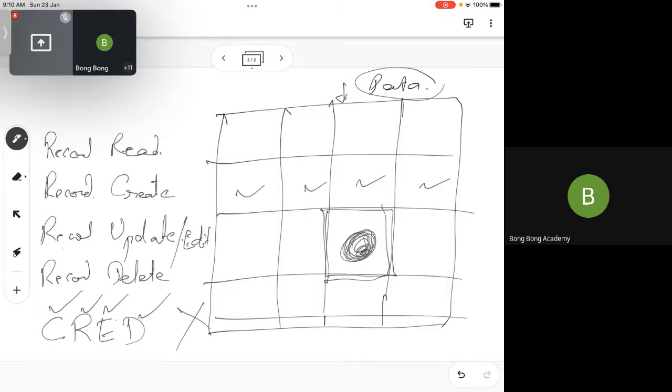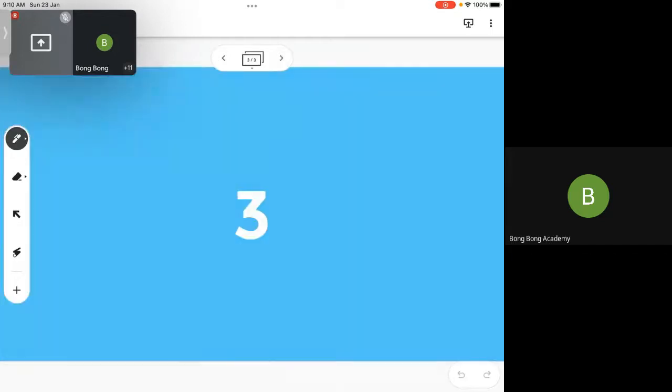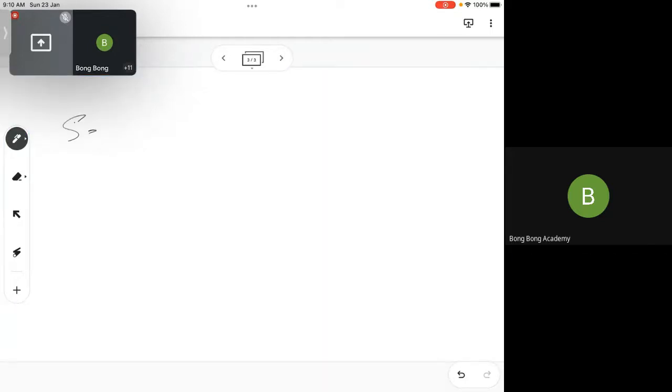Now, all these jobs are done individually by individual users. If it is a salesman, he is probably creating a new account, meaning he's adding an account record into the account object.